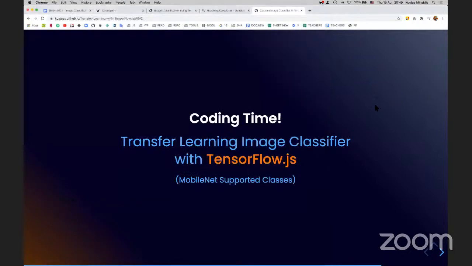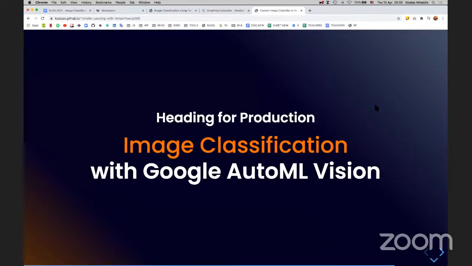So from Teachable Machine, which is, let's say, the easiest way to introduce yourself into image learning, we can follow this code lab and play around with image classification in a little bit more advanced and more plain JavaScript way. And if we want to go one step further, if we have thousands of images, and if we want speed and accuracy, and we want enterprise, let's say, grade machine learning quality, we might want to use